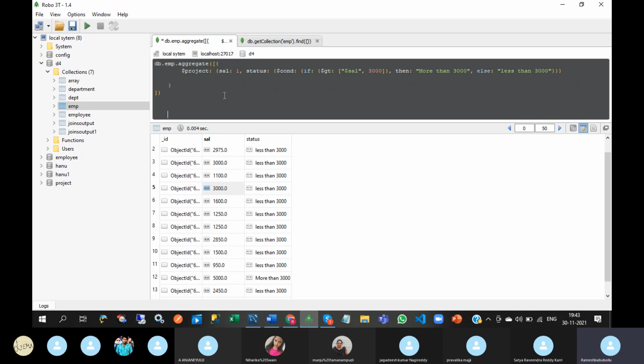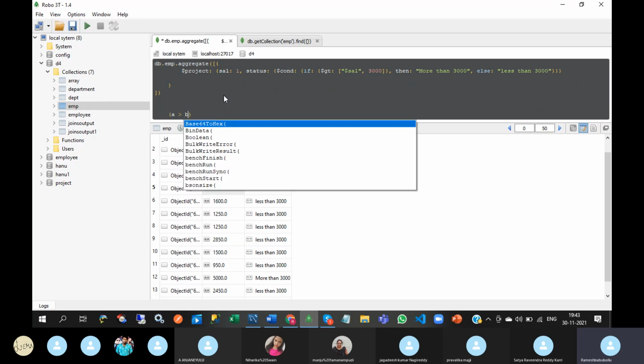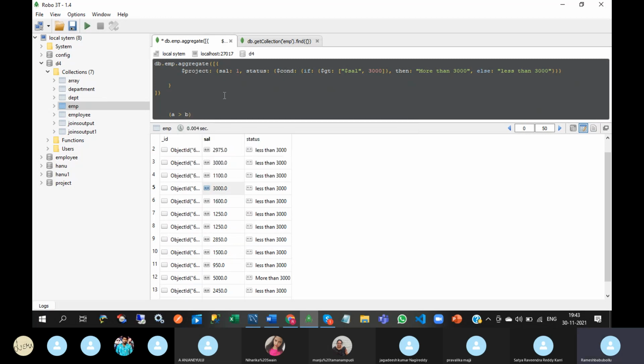Ternary operator means, suppose if A is greater than B, then question mark, you can write A is greater than B, else less than B. So after question mark, this is nothing but then.